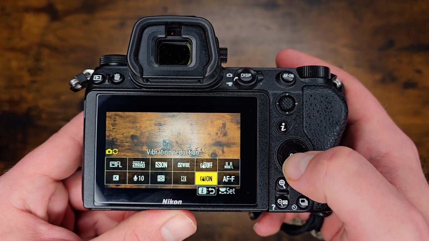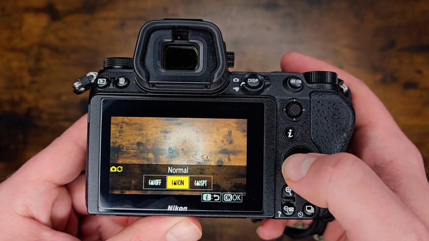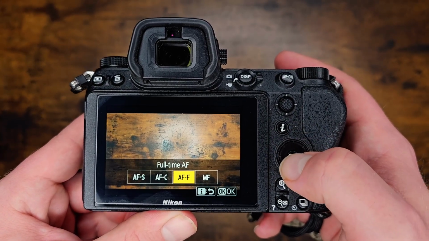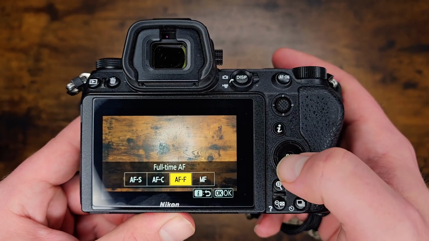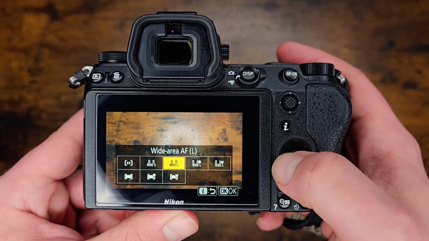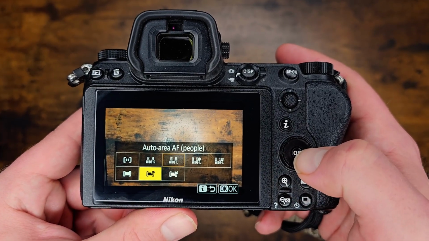VR, yes, absolutely want that turned on for stable footage. Just turn that off if you're using the device on a gimbal or something like that. Focus mode for A-roll shot, just full-time AF-F is great. And our autofocus area mode, this I like to leave on auto area AF, but you could also turn it